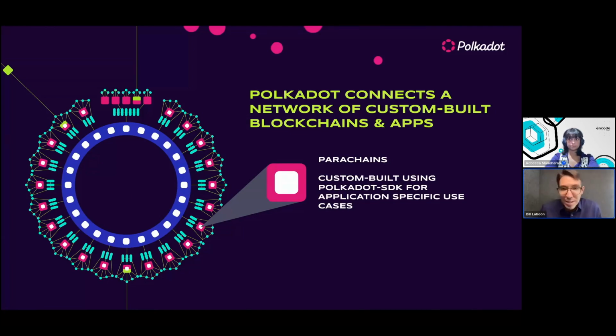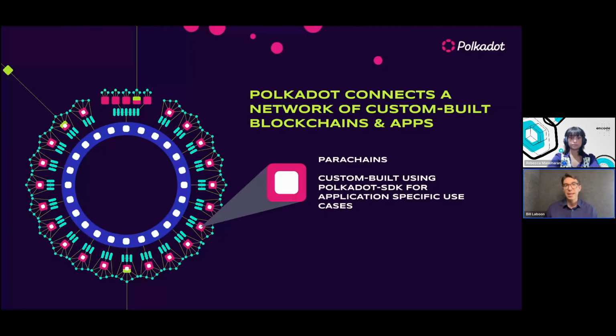So we have, for instance, one parachain, Moonbeam, which essentially is a faster version of Ethereum. So if you are used to working on Ethereum and building with Solidity and other EVM tools, then you can just run on Moonbeam. But we also have some parachains in the network that are very specific.